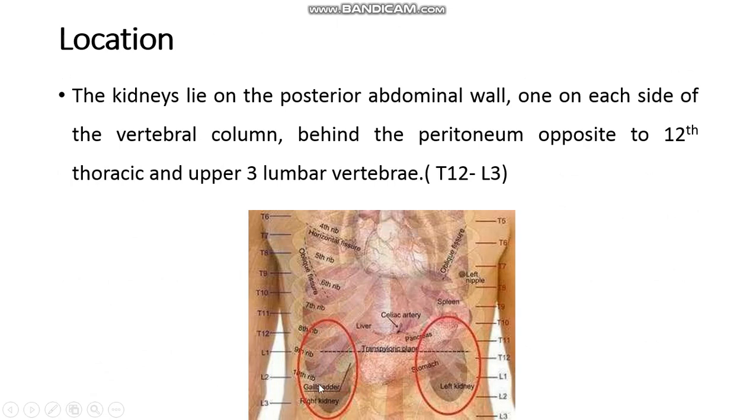Then both kidneys move downward in a vertical direction by 2.5 cm during respiration. So during the respiration process, the right and left kidneys move vertically downward, 2.5 cm vertically downward. The respiration